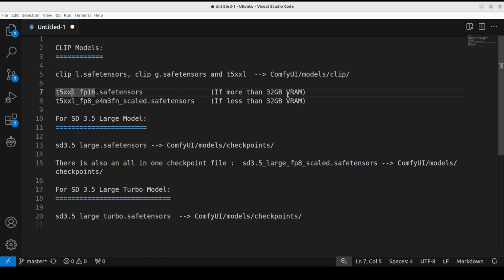Also, if you have more than 32 GB of VRAM, use this one for the CLIP. If you don't have that much VRAM, less than 32 GB, use this file. Now, if you want to just run the SD3.5 large model, use this file and put it in ComfyUI models checkpoint. And by the way, for the CLIP models, put them in your ComfyUI models clip folder. I will also show you shortly. So this is very important: put these files in their respective folders. If you want to use the large turbo model, just grab this file from Hugging Face and put it in your